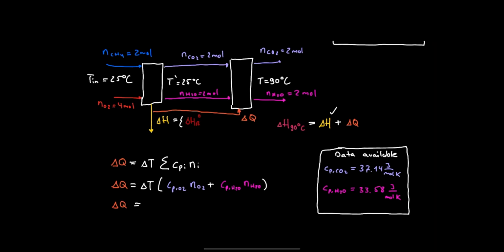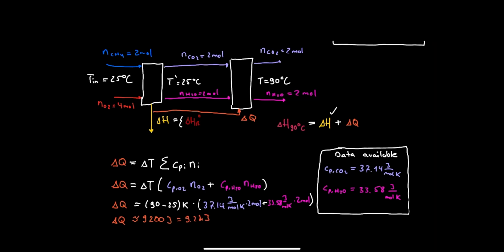So delta Q is going to be equal to 90 minus 25 Kelvin times 37.14 joule per mole Kelvin times 2 mole plus 33.58 joule per mole Kelvin times 2 moles. So delta Q is going to be around 9,200 joules,